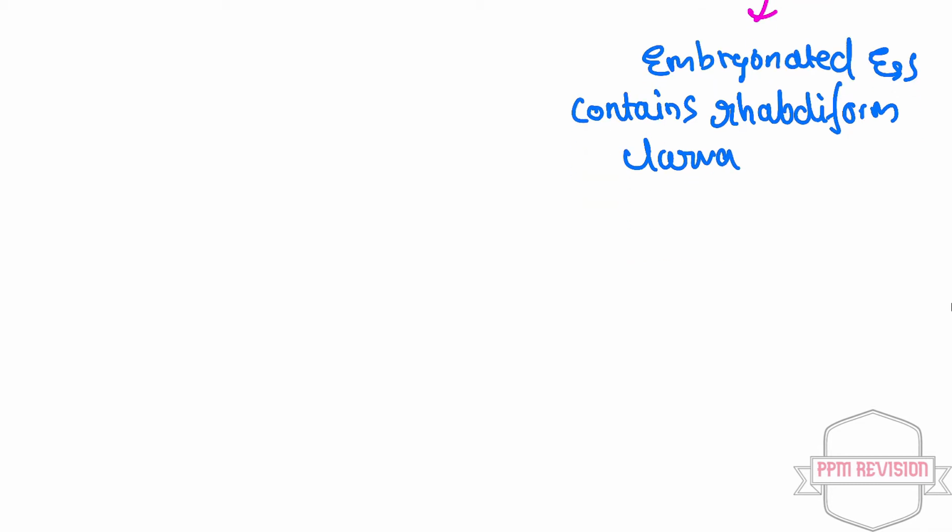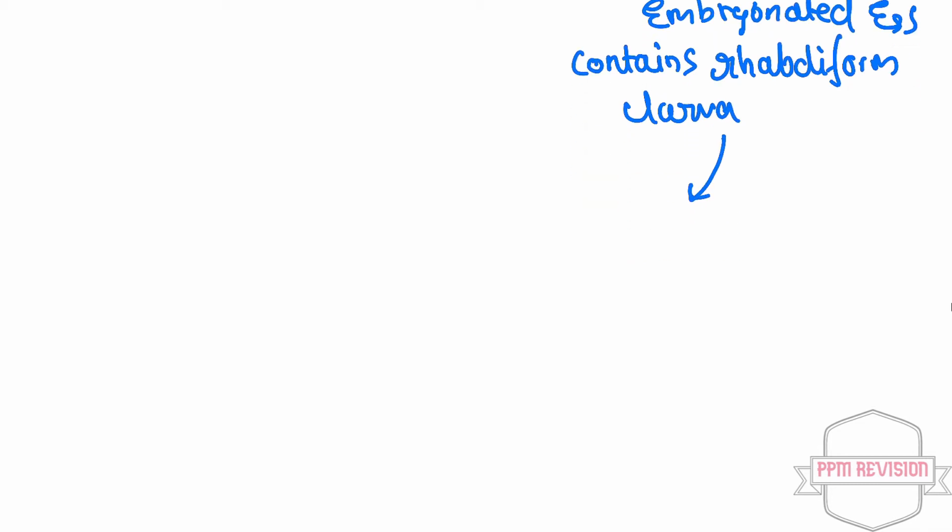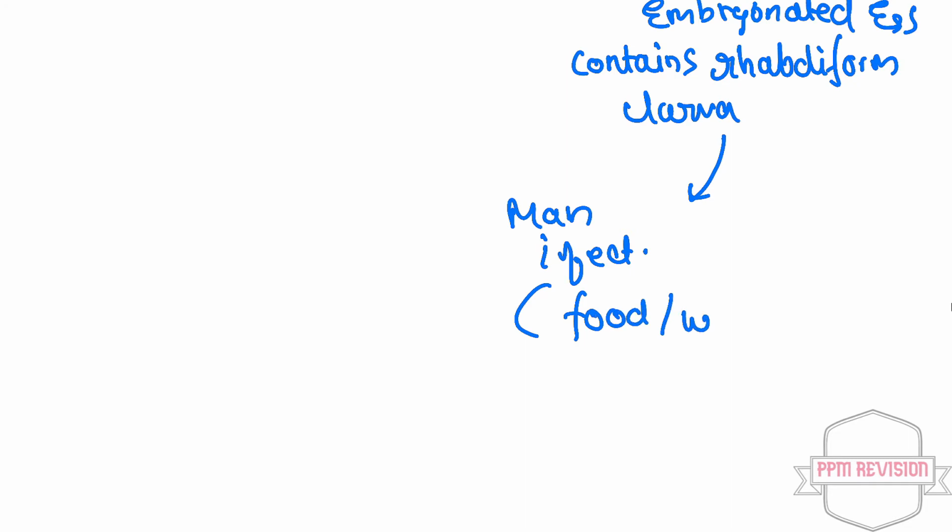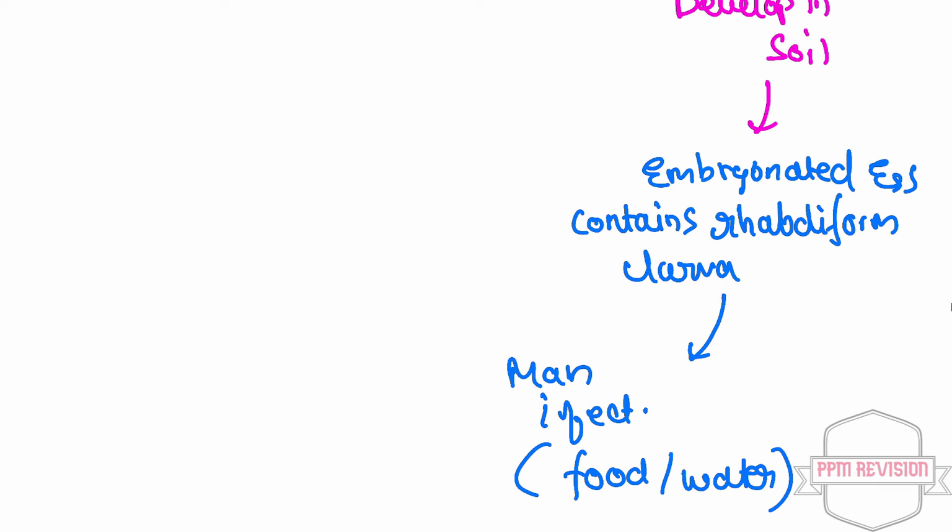Next, what happens is the man gets infected. So man is infected from this, and the source being contaminated food or water. Next, it moves on the cycle, and it leads to